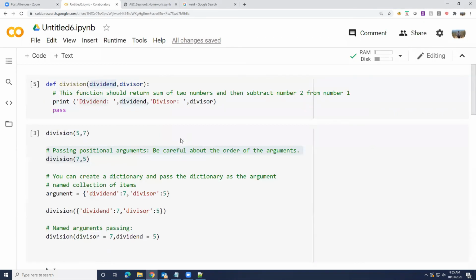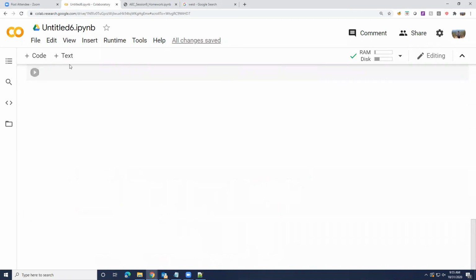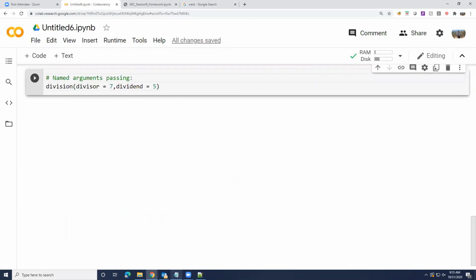The next thing is when you're passing named arguments, what should you be careful with? Yeah, we'll get there, Shruti, we'll get there. So you should be careful with the spelling of the name of the argument. But position is not important anymore.